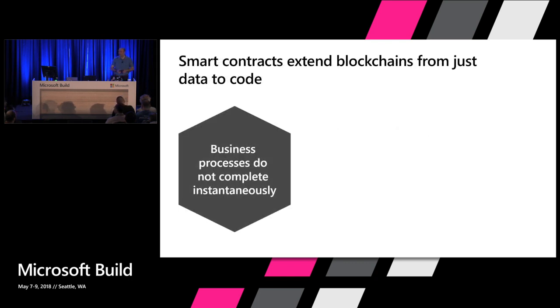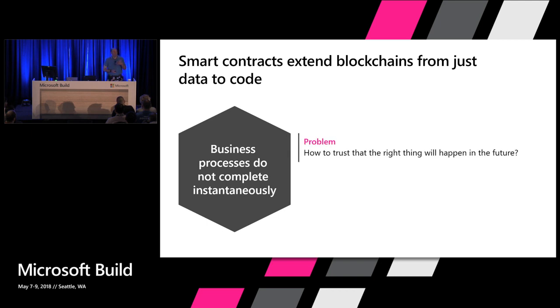Smart contracts deal with this problem, which is that most business processes, real business processes, are not just a single-step process. If you consider a supply chain, there's an order that's placed. Perhaps there's a bill of lading. Perhaps there's an invoice. Perhaps there's a payment. There are a variety of different instruments that flow back and forth between counterparties. And for that business process to complete successfully, you need a trustworthy execution of that process across all of these different steps.